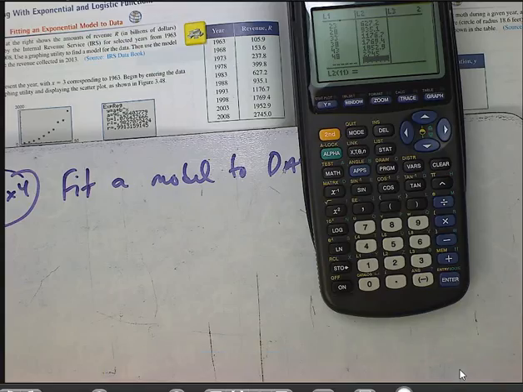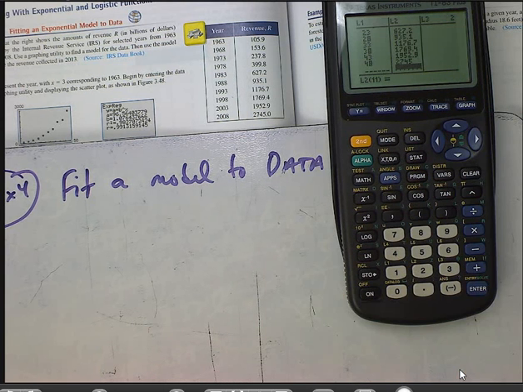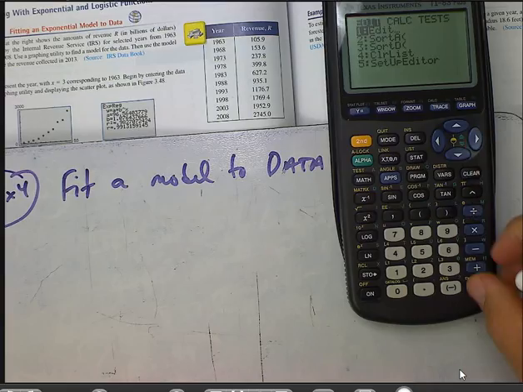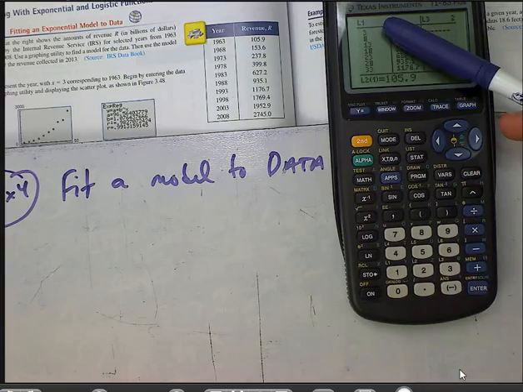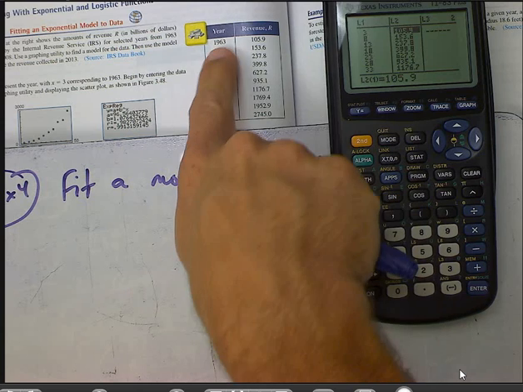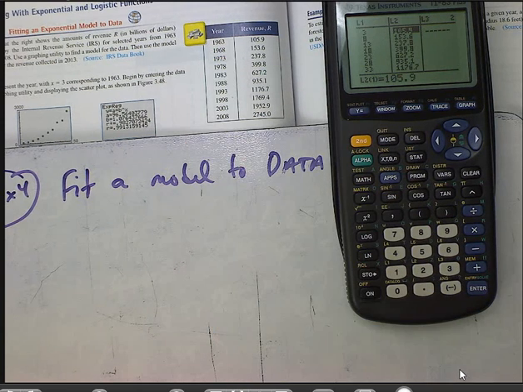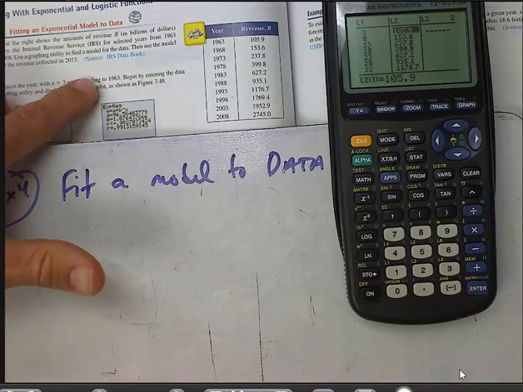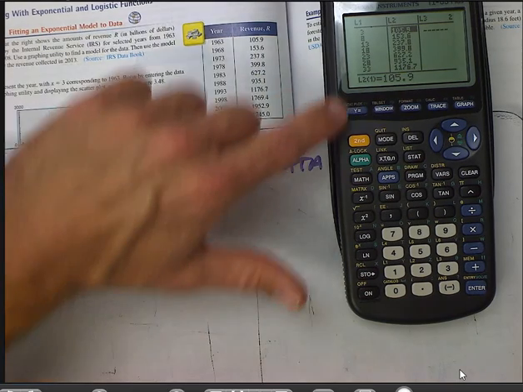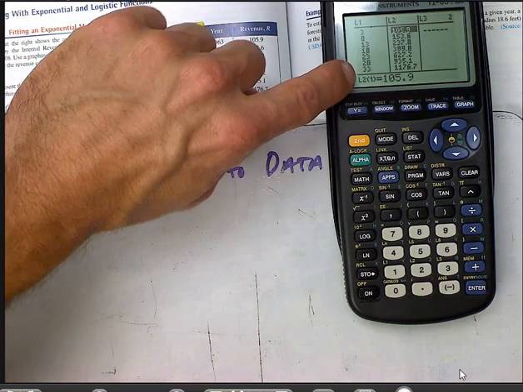For example 4, we're going to fit a model to data again. Fit a model to data. This time I want you to notice after I type in stat edit that I start here with the number 3, and yet this chart starts at 1963. Remember here to the side where it says let X be 3 correspond to 1963,